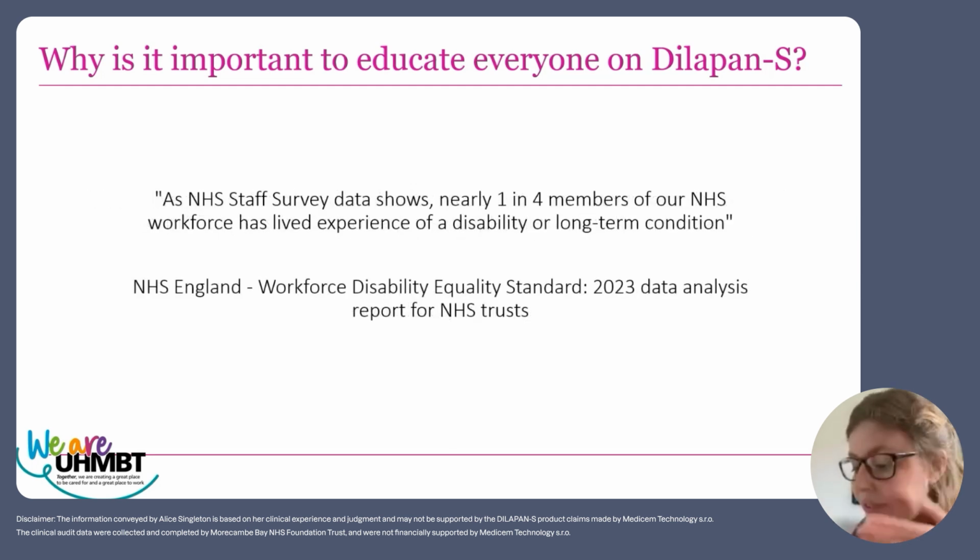Next slide, please. I had a little bit of a deeper dive into it. An NHS England Workforce Disability Equality Standard 2023 data analysis report for the NHS Trust showed that nearly 1 in 4 members of our NHS workforce have lived experience of a disability or a long-term condition, under which neurodivergence sits. Not necessarily that it is neurodivergence, however, it just shows the impact that actually there's a lot of us. Neurodivergence comes hand in hand, doesn't it, with